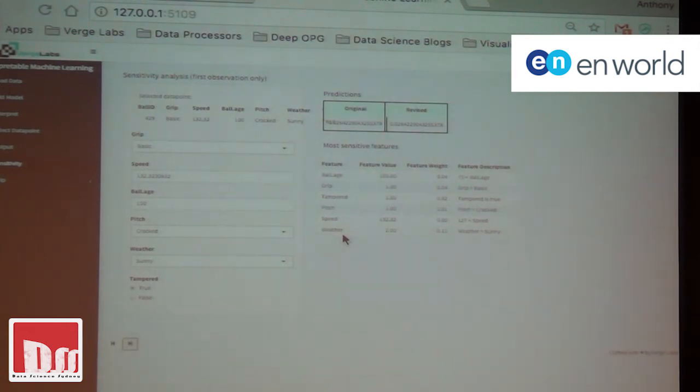So what I've done here is I've just said, all right, let's just pick the first point. So that should be just a basic normal SEMA. So you wouldn't expect a huge amount of swing, aside from random variation. And I can look at the sensitivity here. So, for example, if this one's been tampered with, if I change that to false, I can't see the magnitude, but you can see that the prediction has changed.